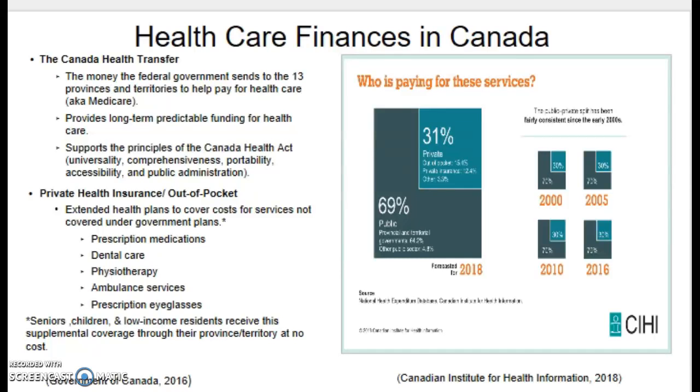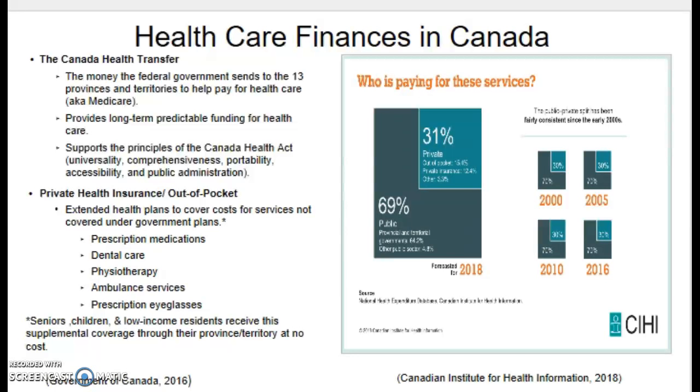Healthcare finances in Canada. The federal government contributes cash funding to the provinces and territories on a per capita basis through the Canada Health Transfer. The Canada Health Transfer provides long-term predictable funding for healthcare and supports the 5 principles of the Canada Health Act,